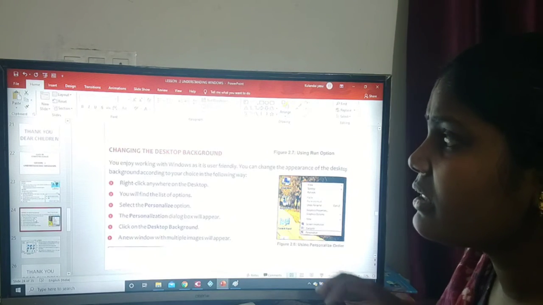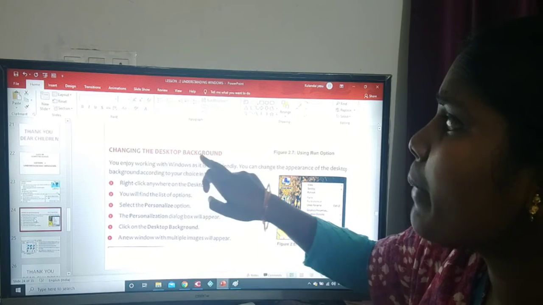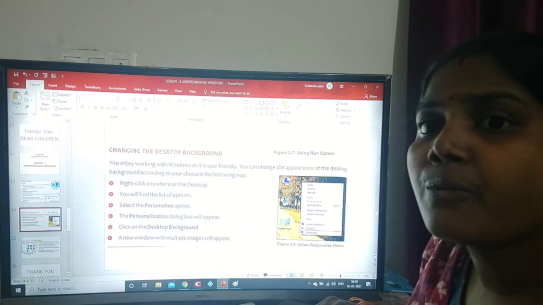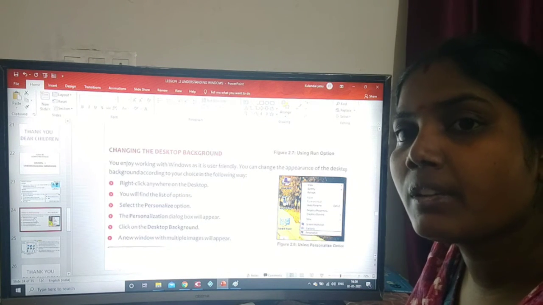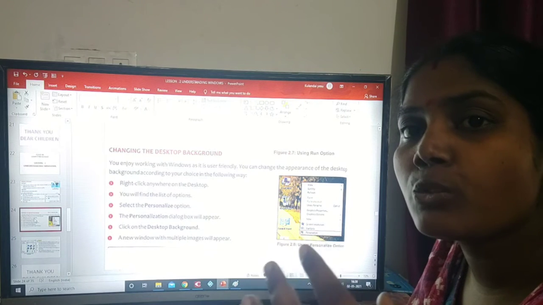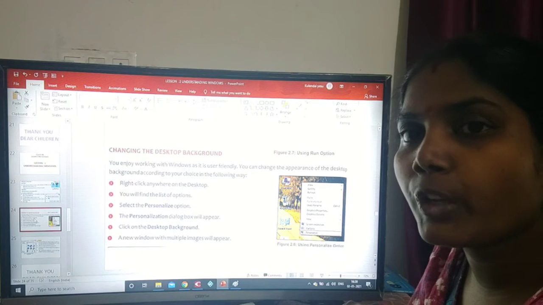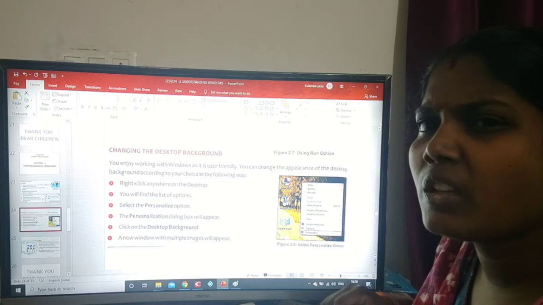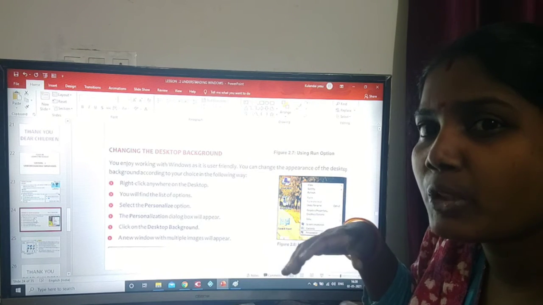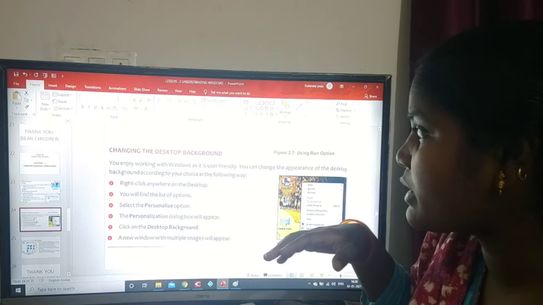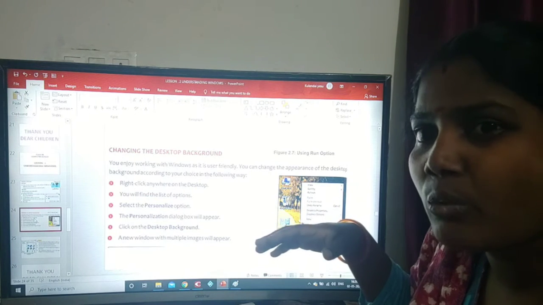And then next, changing the desktop background. In the first topic we learned how to open a program. Now, if for long periods, long days, we keep one picture on the desktop as the background, it is not good.